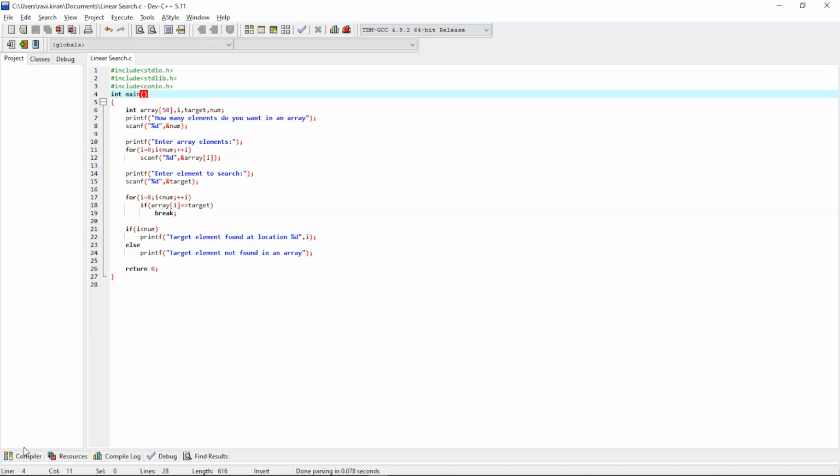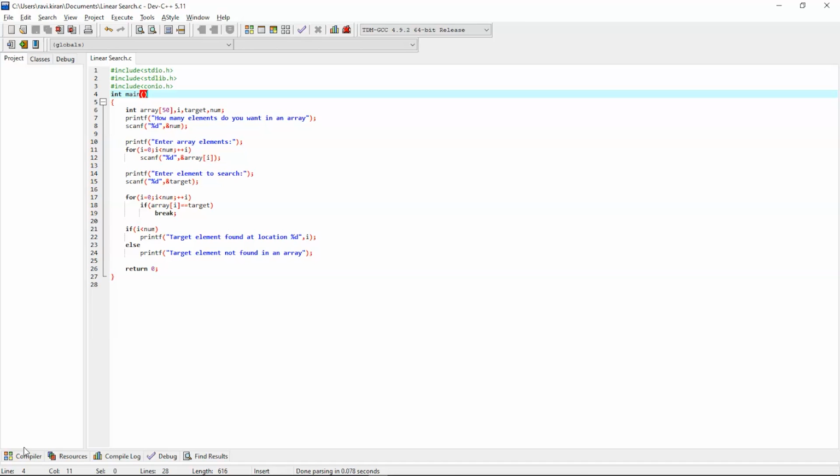Then we have a printf function to ask the user how many items are there in the array, and then we use a scanf function to allow input from the keyboard. So we have added %d format specifier to the scanf function, which is used for numeric values, and the num variable. Then using a for loop, we will try to print all the items in the array starting with 0 and ending with num variable, which is the last element. Then we will enter our search element, which we want to find among all the elements of the array. And as previously said, we'll store the found element in the target variable.